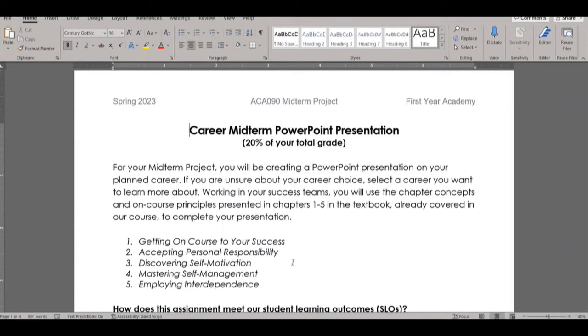As far as, say, a nursing job, what would the personal responsibilities be for a nurse? There are a lot of personal responsibilities for nurses, obviously, because they're working with patients in medical emergencies and medical needs, and that personal responsibility of being to work on time, being able to manage a schedule and the task required to move throughout the doctor's office or hospital, being able to keep track of records. There's a lot of personal responsibility involved. So you would go research your career and what that looks like, and you're going to incorporate those details in